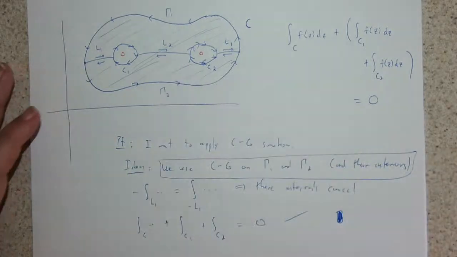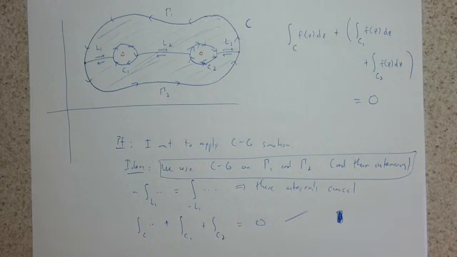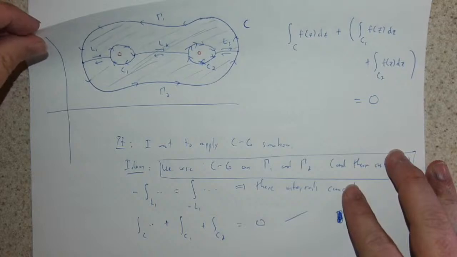So the reason I wanted to show you this picture is that this kind of thing is something you will do often when you're working through examples in this course. That is the reason I wanted to make sure that you'd seen this. If it helps you remember how you would go about proving this from regular Cauchy-Goursat, then that's just icing on the cake. Okay. So there's a corollary of this fact that is really, really nice